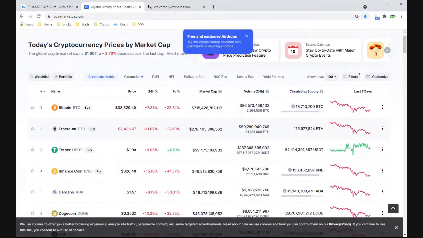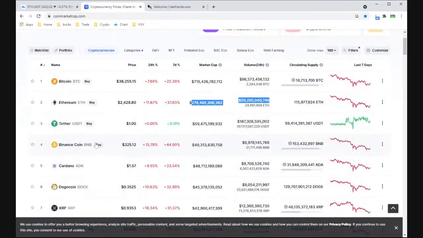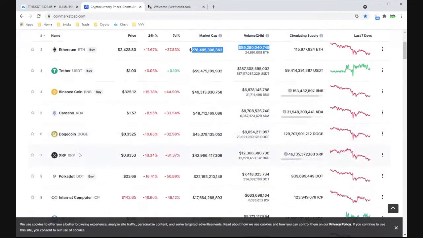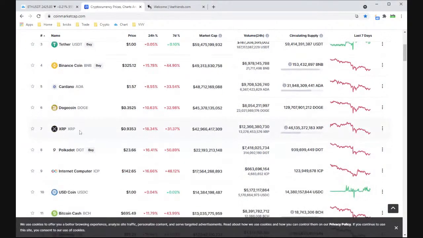Ethereum, again, I hear all this stuff about Ethereum's going to 10,000. I mean, I don't know, man. They might know a lot more than all of us. I don't know, but market cap. And then, these are good things to kind of take a look at too, but over analyzing and all that stuff, there's this thing called paralysis by analysis, right? So just try to keep it simple. Binance, I would consider a major. Cardano, Doge, I look at for giggles, when I hear about it, and XRP, it's got a big fan base behind it.